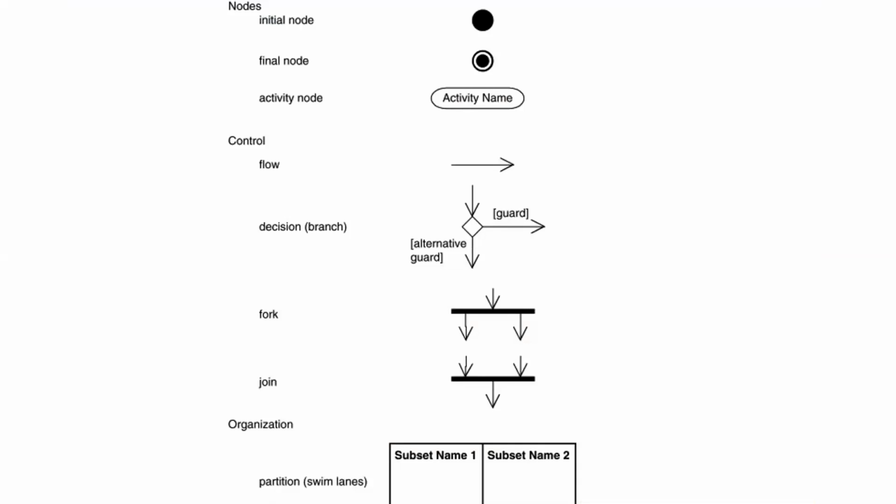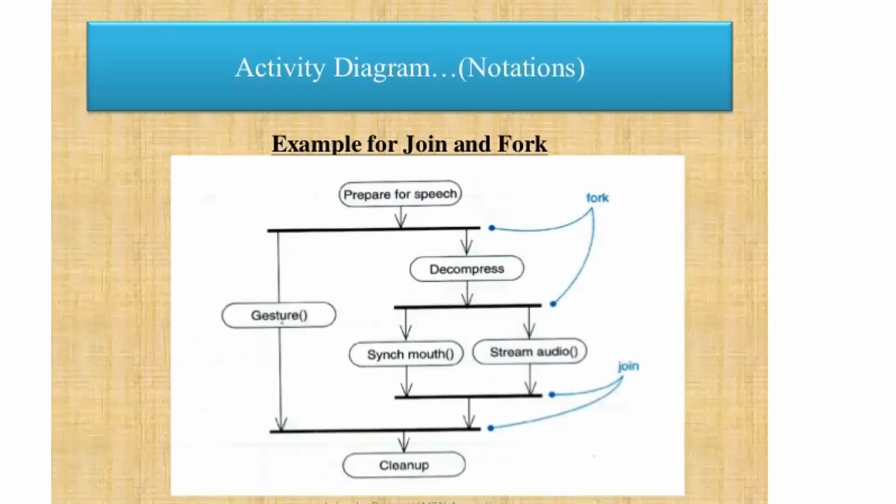So these are the basic notations. You have the initial node, and the final node, a dark circle encircled in another circle. The activity node, you can see its borders are rounded. Then you have a control flow, and a decision box, which is a diamond-like structure. You have fork as your synchronization bar, join, and you have swim lanes, which are a very important part of an activity diagram. These swim lanes are used to segregate the set of actions performed by one entity, one user, or one object. We'll see that in an example here.